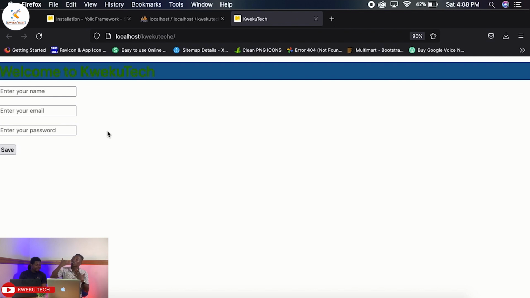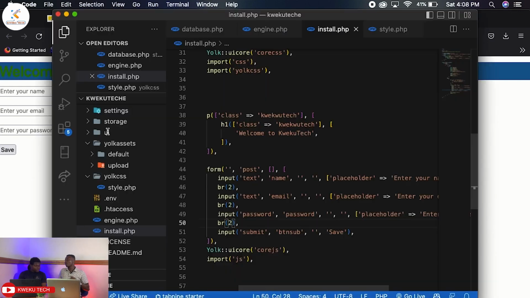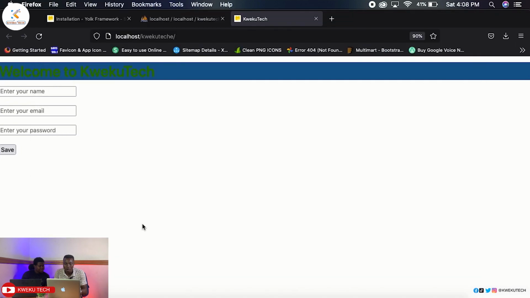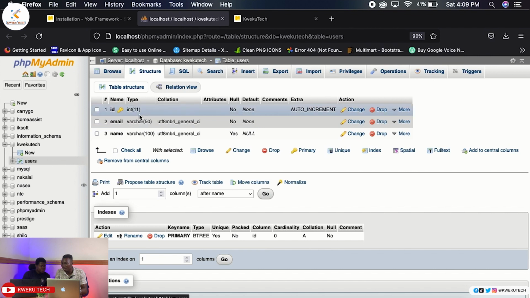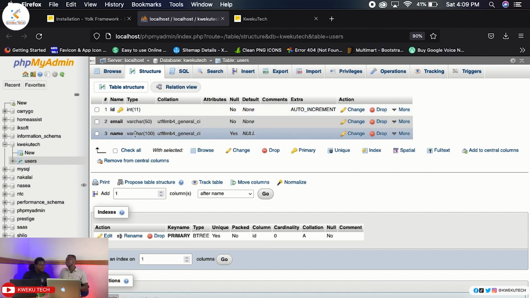So now if you want to send it to a database, that's why we need the Yolk assistant. Meaning if you are a front-end developer, you built your UI, you now need a backend to communicate and send something. In the beginning, in the ENV, we've already connected to our database, and we even created a table called users, and we have email and name. But now we want to rearrange it. It's name,